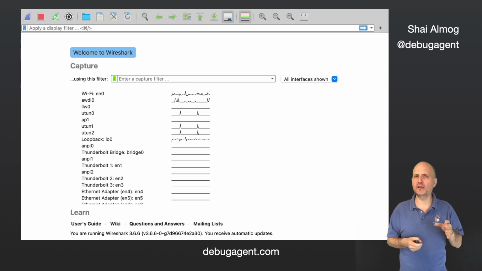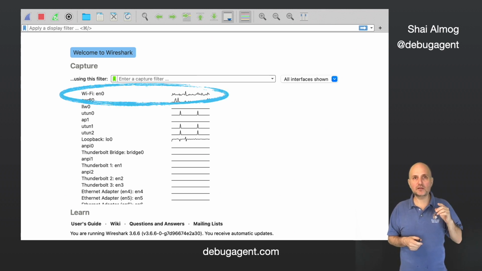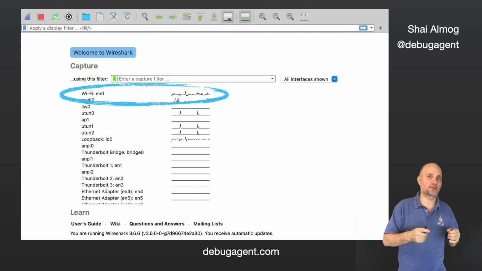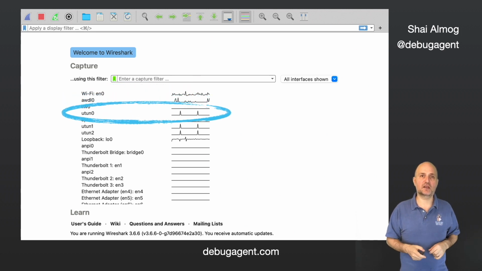Here we need to decide which network interface we wish to capture. This can be confusing if you don't come from a networking background. You might debug a local server and assume that you need to debug the EN0 interface. This isn't the case.